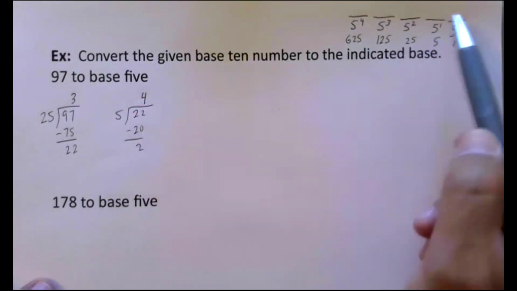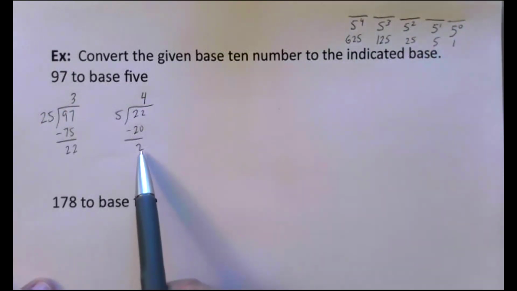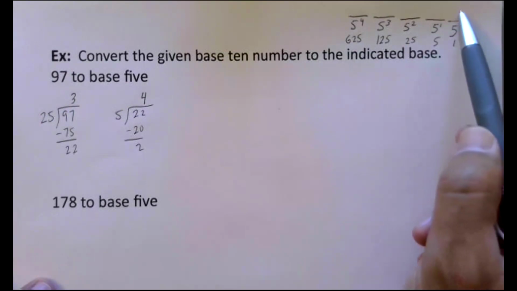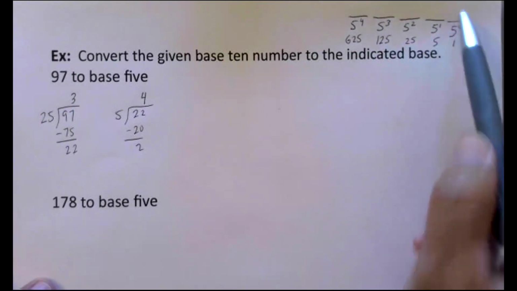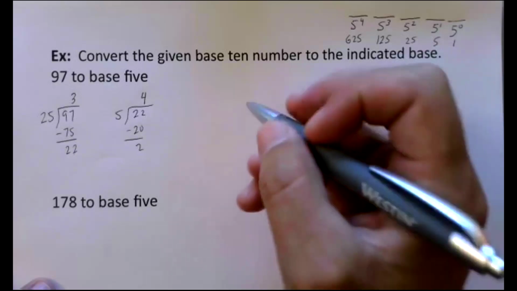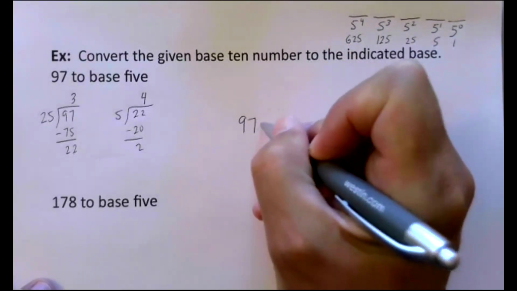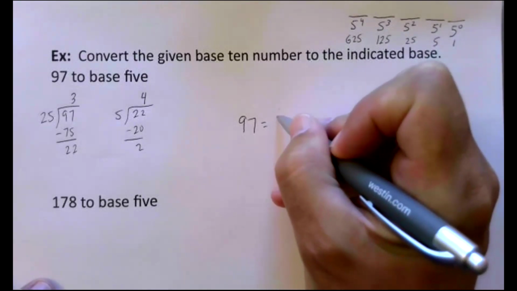When I divide it by 5, that 4 is going to go in that position. And then once you get down to that step, that last remainder always goes in the 1 spot. So that 2 is going to go over here in the 1 spot. So my final answer, I mean, we're actually ready to give the final answer. 97 turns out to equal